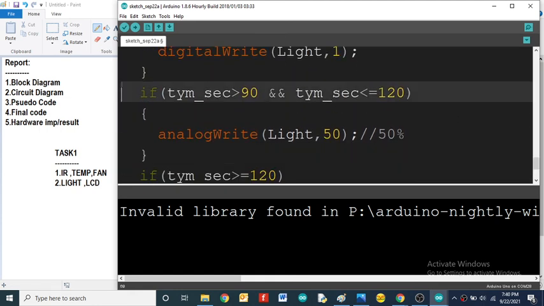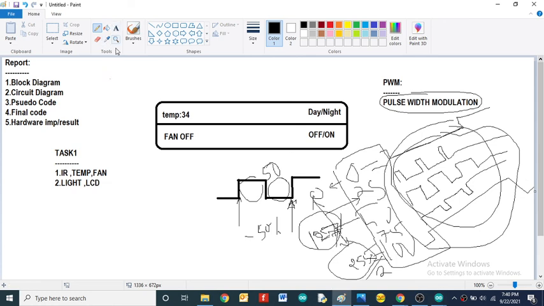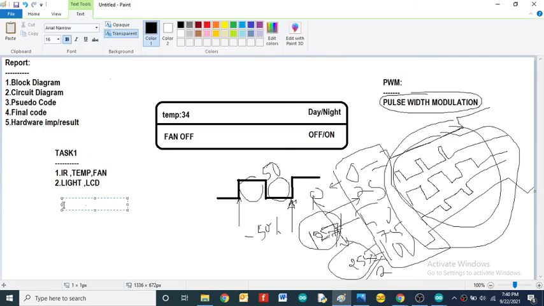Just see here, what we are doing is converting the whole day, 24 hours, into three parts: 0 to 60, 61 to 90, and 91 to 120. The first is day, lights off.